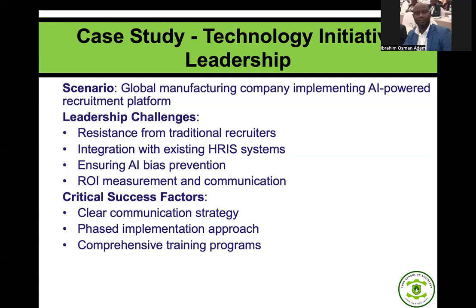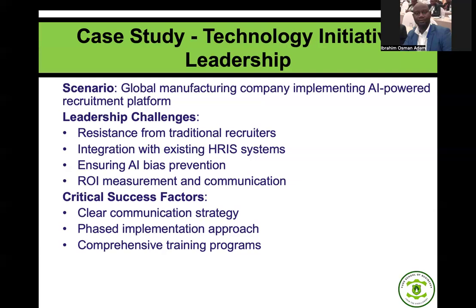It may not succeed. Investment in technology initiatives may not necessarily lead to what? Optimal returns. It may not lead to optimal returns on our investment because we need to invest in other things before we can realize the full potential of the technology investment. A typical example would be for us to invest in what?